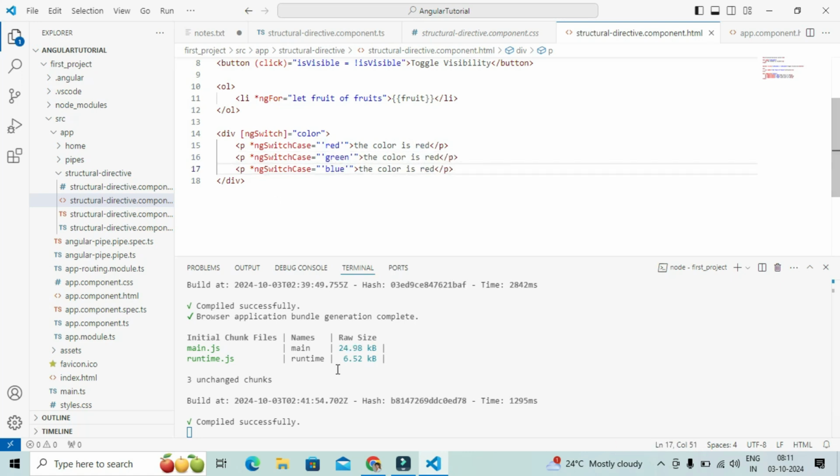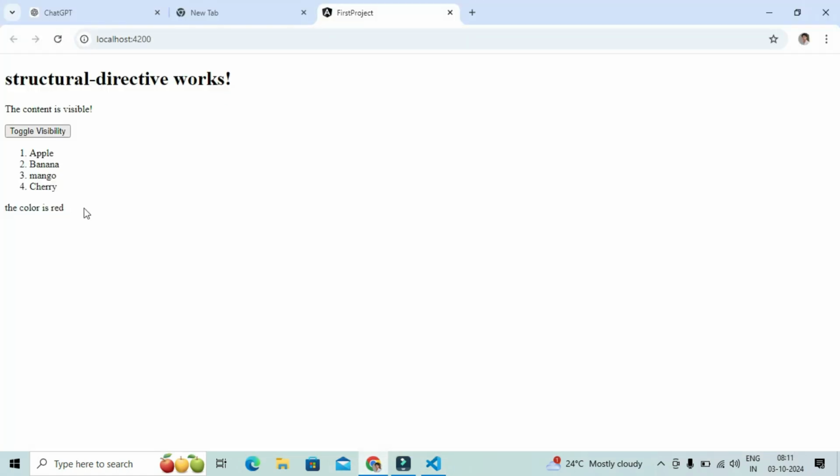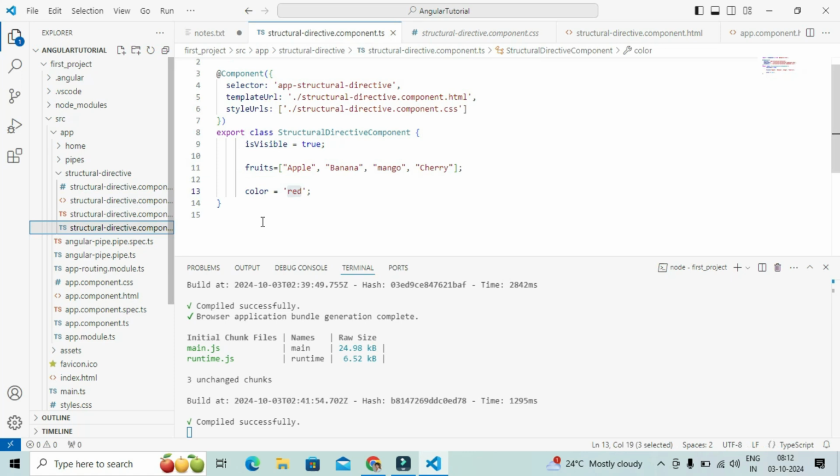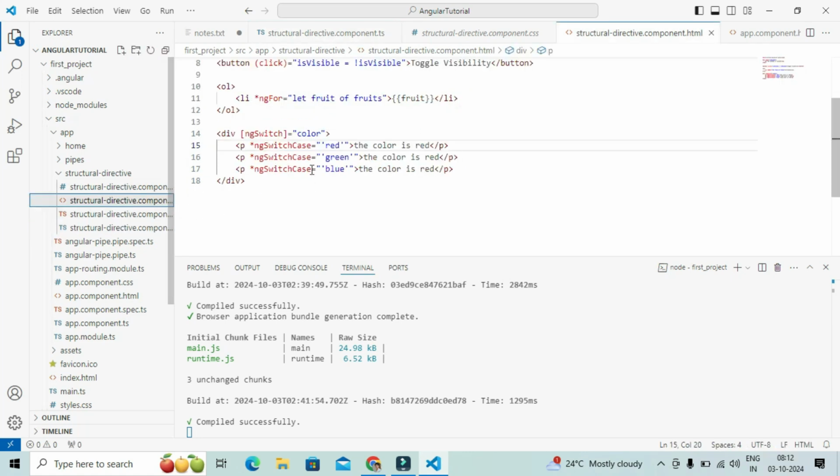Okay, now if you look at the browser, the red value is rendered. How did it realize that only this paragraph tag needs to be initialized on the DOM? Based on this color variable, where we defined the value red, it checks the condition here on the switch.